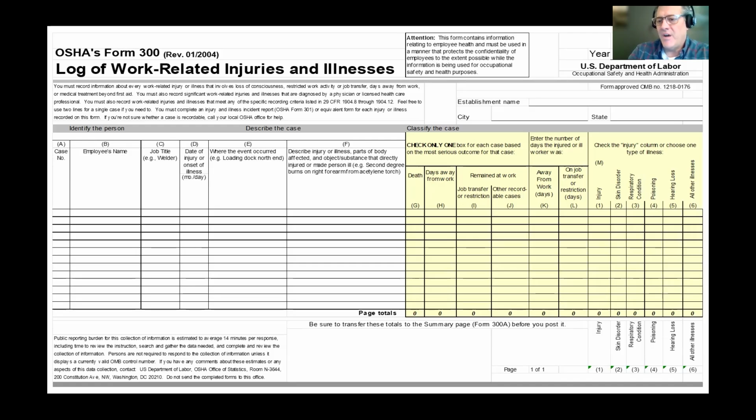And then I'm going to classify that as an injury or an illness. So again, 90% of the time, I'm going to put an X in column 1, but there's 5 categories there of illnesses: skin disorder, respiratory condition, poisoning, hearing loss, all other illnesses. There may be a circumstance where I check one of those other 5 boxes. So every line entry will have 2 X's, one in H, I, or J, and then one in 1 through 6, and then maybe or maybe not, depending on the circumstance, numbers in columns K and L. And we'll go through plenty of examples to illustrate this.